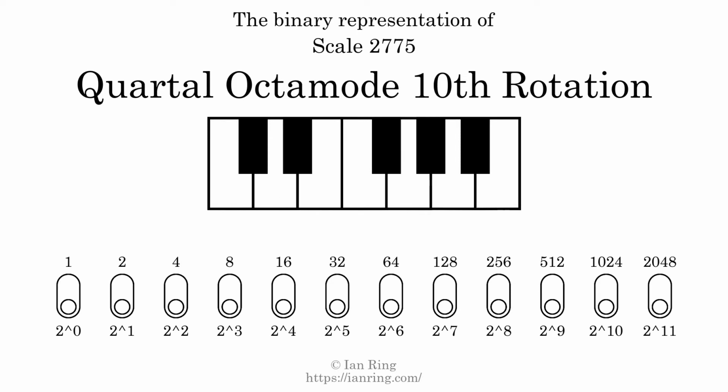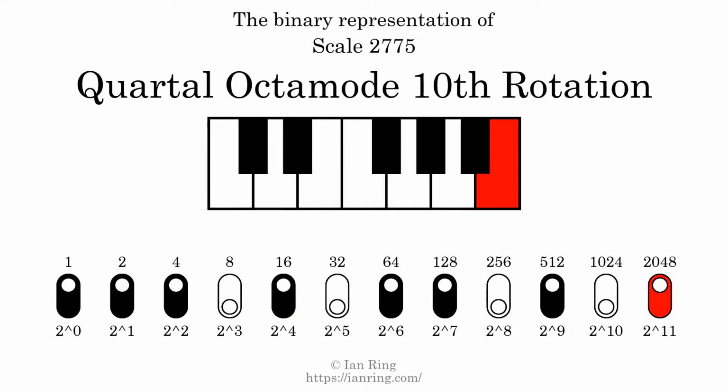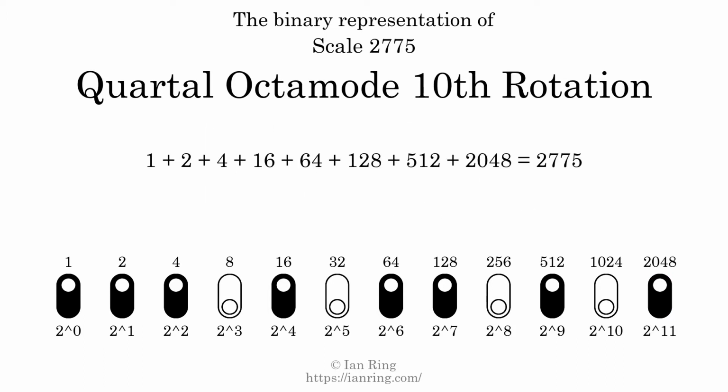The binary representation of this scale is determined by mapping tones of the scale to binary digits. Each binary digit represents a power of 2. To get the scale number, we add the powers of 2 together. The powers of 2 that are present in the scale, all added together, equals 2775. That is why the scale number, in decimal, is